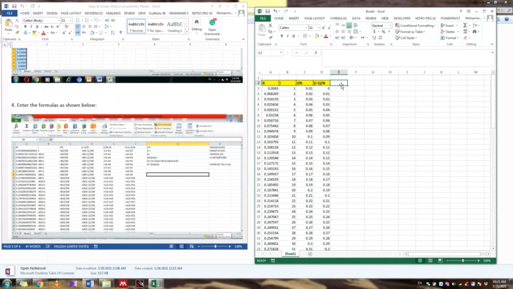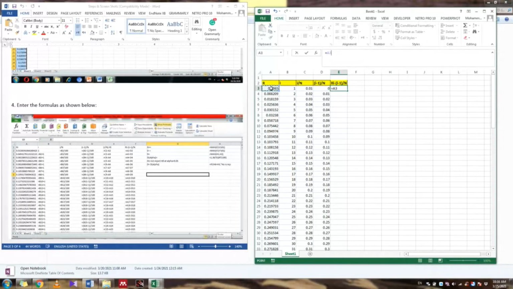Okay, next we have to calculate Ri minus this. So here write down the formula: Ri minus, in brackets, i minus 1, and after that divided by N. This is the formula. So how will you do it here? Ri means this column.